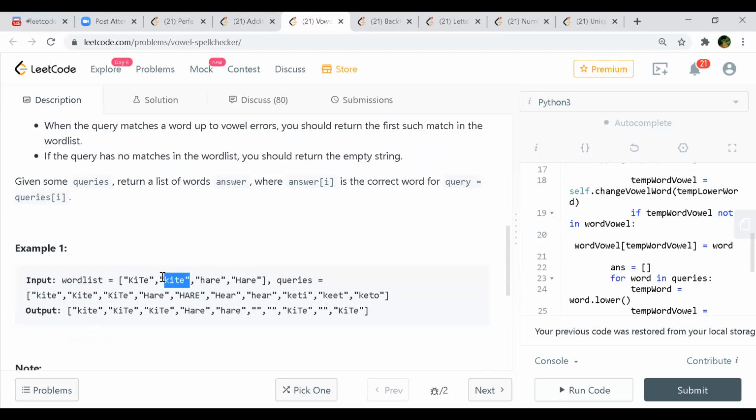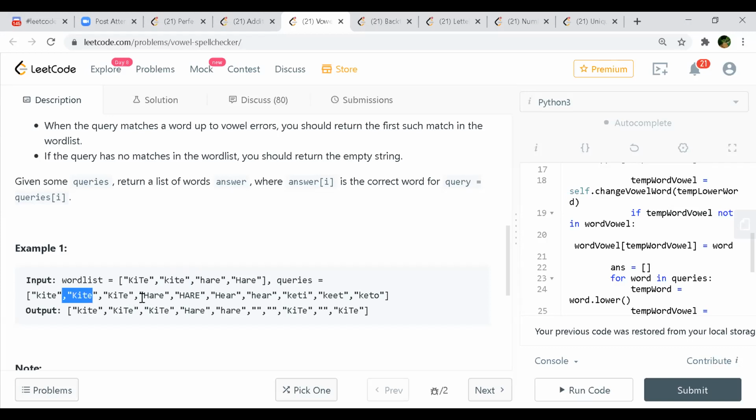No, I think he is returning kite because he gets kite there, which is the same, lowercase. Yeah, first if he finds that it is in the dictionary, then he'll return the correct match. In the second query, when only K is capital, he is returning the first word in the word list, where K is capital and T is also capital, right? Yeah.